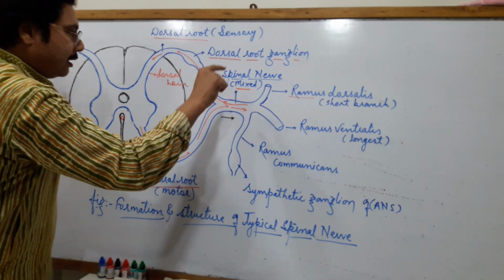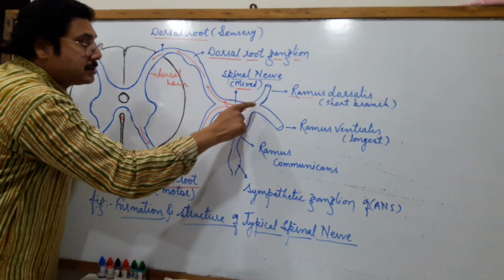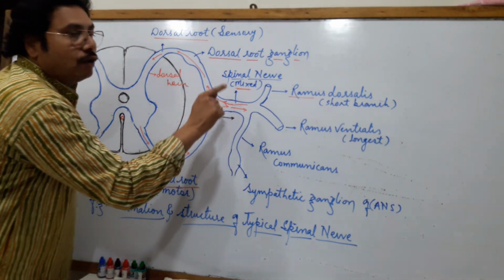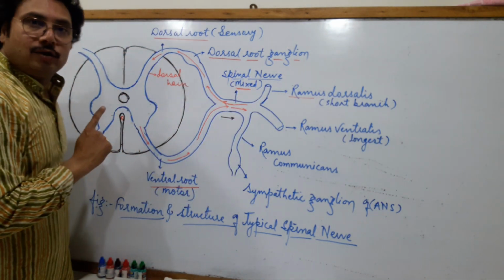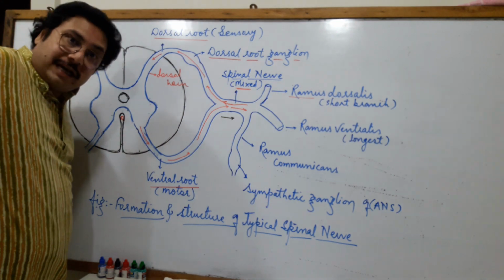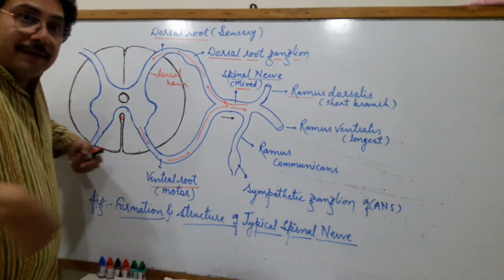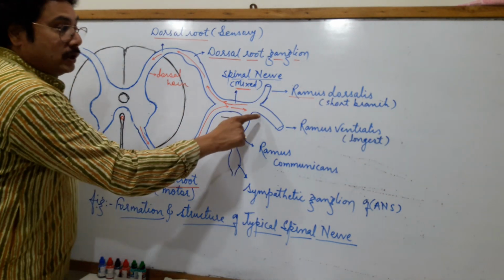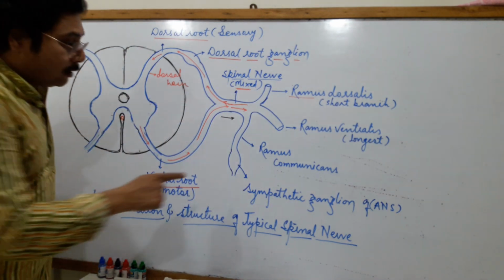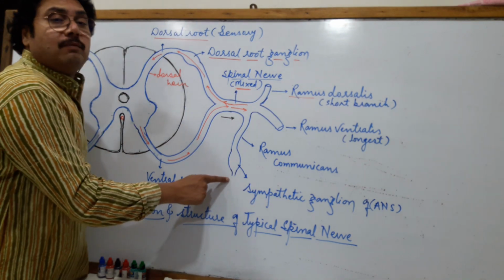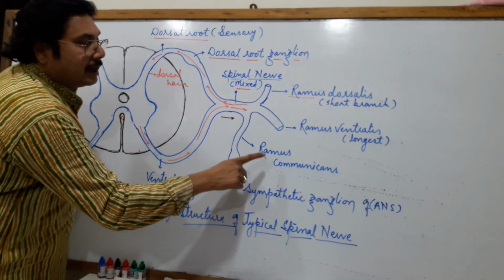Now such a spinal nerve, a paired spinal nerve, on both right and left sides, has both types of nerve fibers, sensory as well as motor, so its nature is always mixed. And then it is divided into three branches. The shortest branch, the ramus dorsalis, goes towards the dorsal side, skin and muscles. The ramus ventralis supplies the lateral and the ventral side, right and left, so it's the longest branch. And third, the downward branch goes deep inside and communicates with the sympathetic nervous system of the autonomic nervous system, forming that sympathetic ganglion, so it is called the ramus communicans.